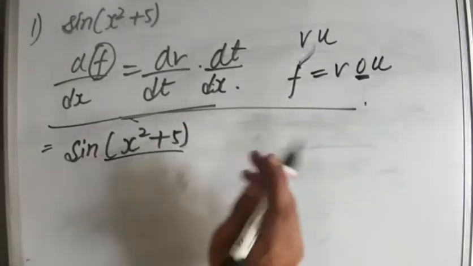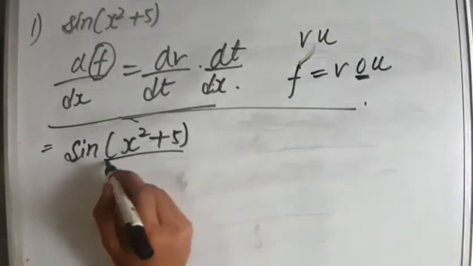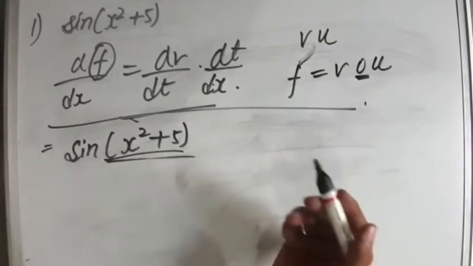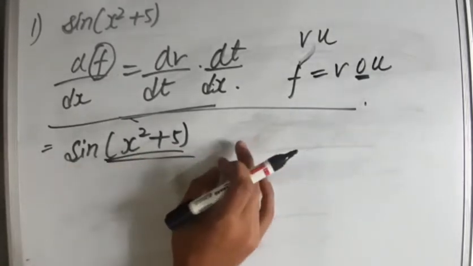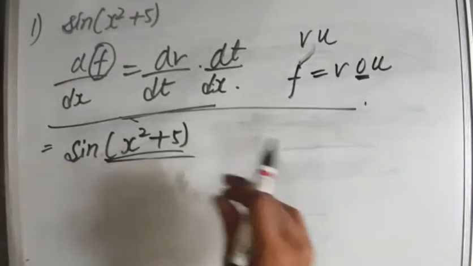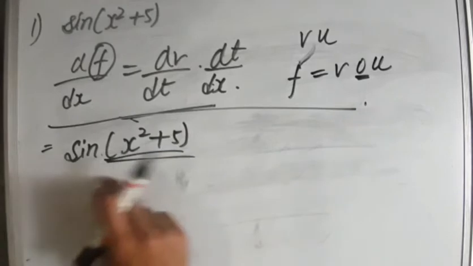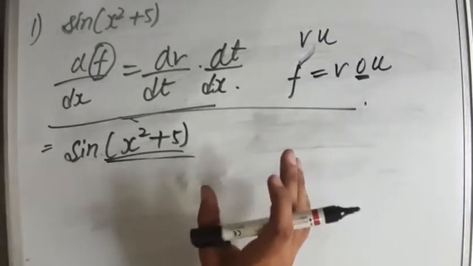Okay, so what is the differentiation of sin x? Sin x differentiation is cos x, and here what we have is x square plus 5, and you don't yet know how to differentiate sin of x square plus 5. First of all, let me clear that this is not in multiplication with sin, so don't even think to apply the product rule here.